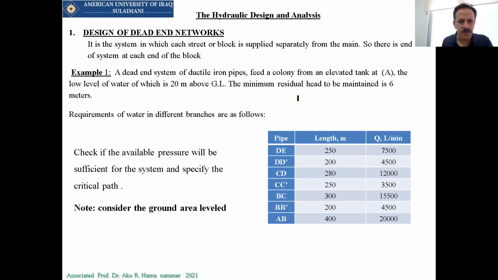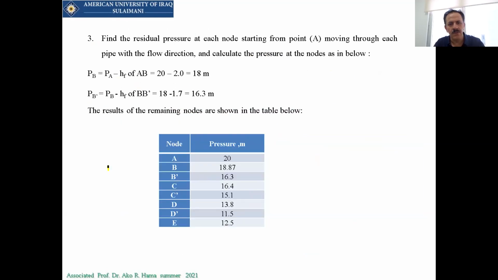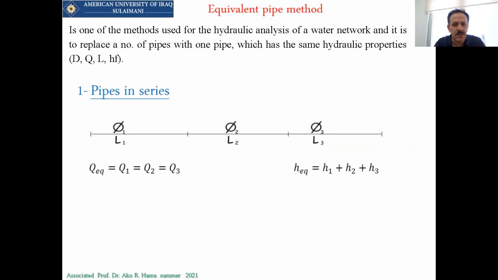First of all, the minimum here is the difference as in the form. Check the available pressure and specify the critical path. Now, this was one of the methods for analyzing,